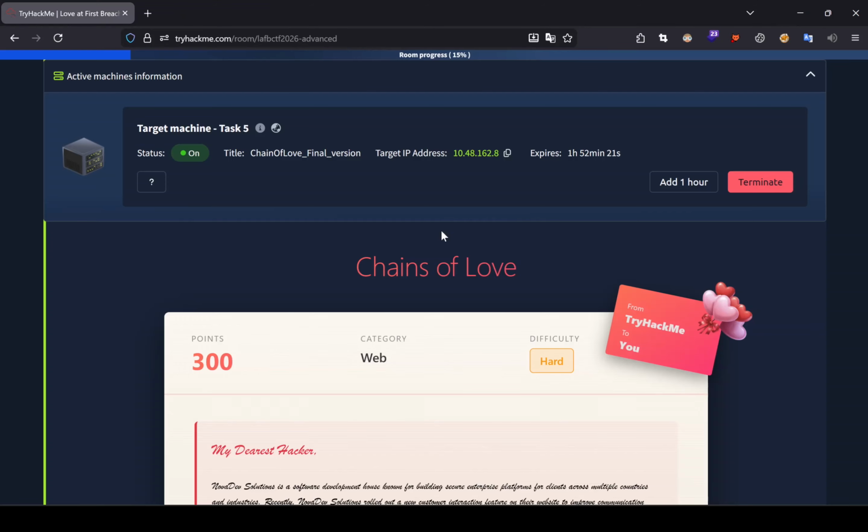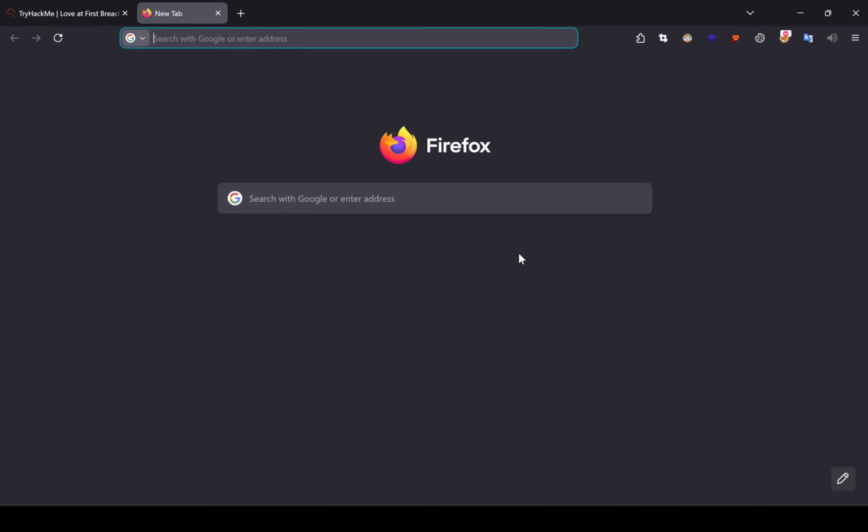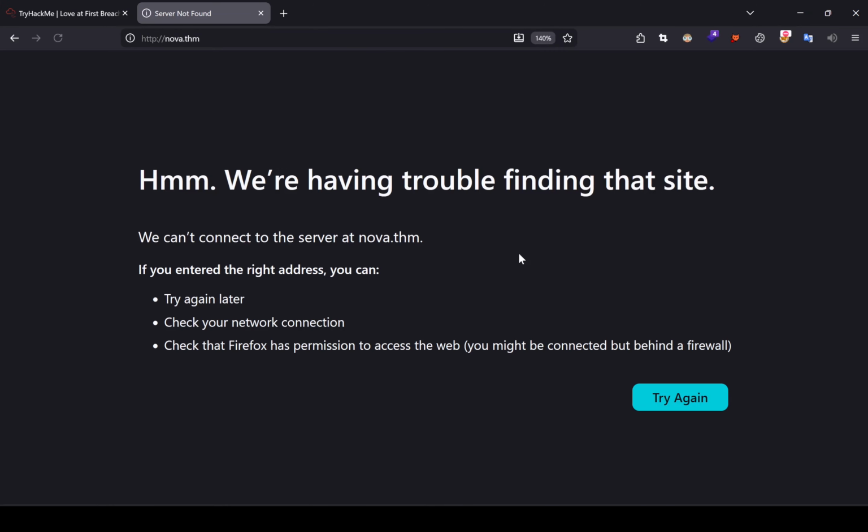Hello everyone, today we are doing the Chains of Love room from TryHackMe, and I'm going to copy the target IP address here and paste it in my browser. As soon as we do that, it says we can connect to the server at nova.thm. So this IP is mapped to the nova.thm address, and we have to add it in our Linux system